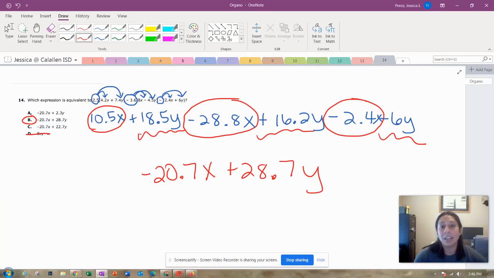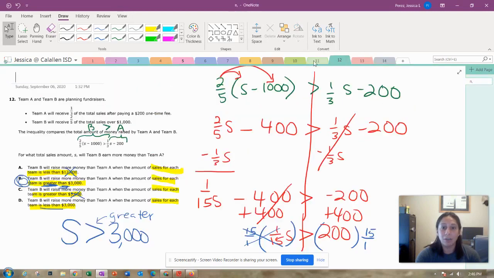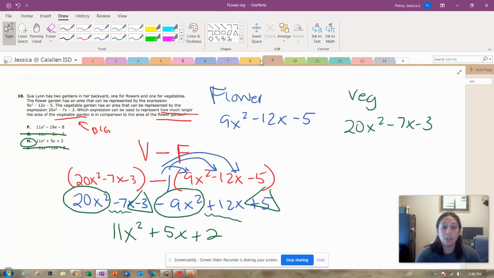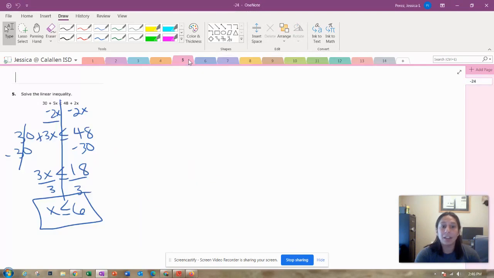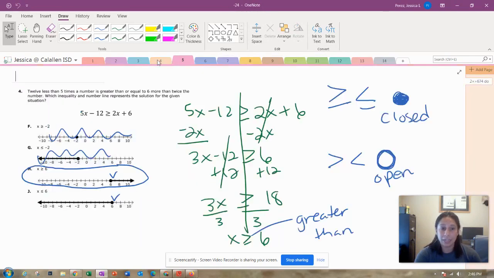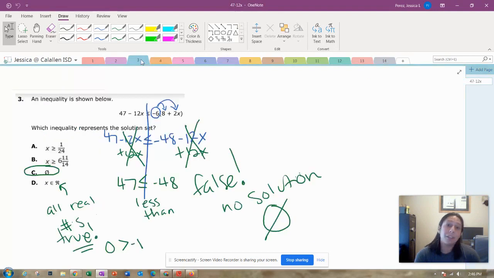Okay, this is the last problem that you had on your test to review. I am going to say a few things. If you want to get 5 bonus points added to test 2, you can go ahead and submit to me your work. Now, I don't just want the answers for test 2 review. What that means is every single problem that I worked out needs to be worked out on your paper. So all of this work that I have needs to be on your paper that you turn in to me